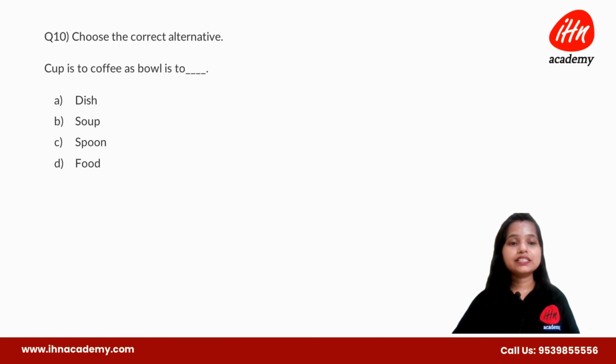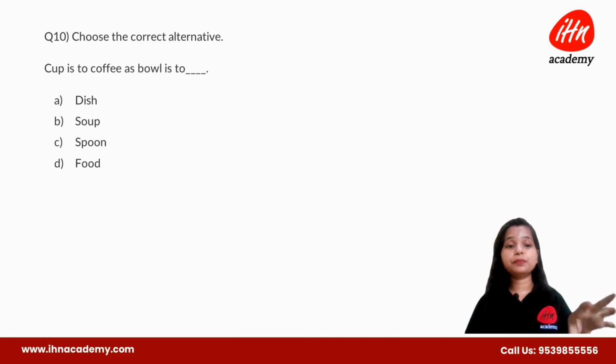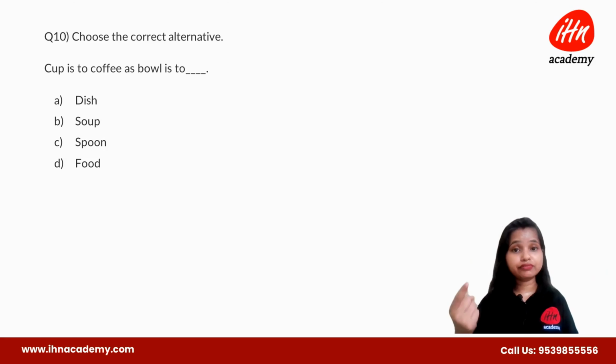Then choose the correct alternative. Okay. So this type of question is often asked in your logical reasoning. Like analogy. Analogy means similarity. You need to find out the similarity and you need to answer the question based upon the similarity. Like cup is related to coffee. So how will ball be related? Cup is related to coffee, so ball will be related to what? So what is the relation between cup and coffee? You need to find out that first. Then on the basis of that relation, you need to similarize the second one. You have to apply the same rule in the second one also.